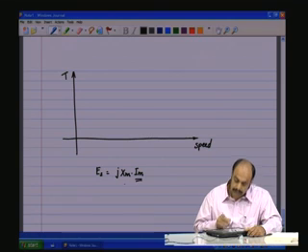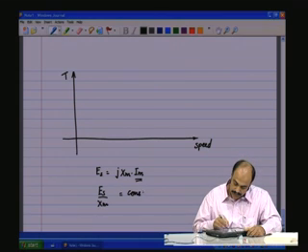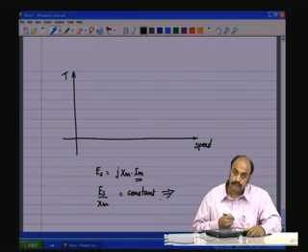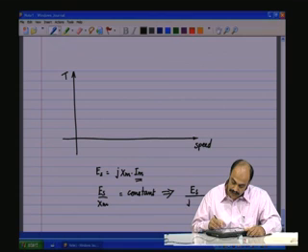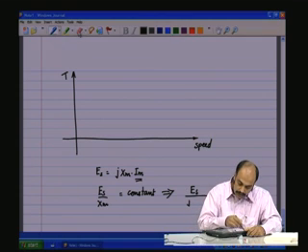Let us say we want to keep the magnetizing current constant, which means we need to keep Es by Xm constant. This implies Es by j, that is Es by Xm, is nothing but